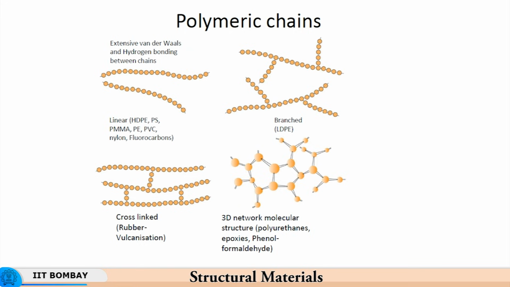Let us say you have two polymer chains, and I have one hydrogen atom here, another hydrogen atom there, and then the electrons of these two hydrogen atoms. So there is one electron per hydrogen atom, and as the two hydrogen atoms come together, there is a kind of repulsion that takes place between the two. This prevents two polymeric chains from coming together, because if the hydrogen atom in this polymeric chain and the hydrogen atom of this polymeric chain come very close together, they cause repulsion due to what is called a steric hindrance.